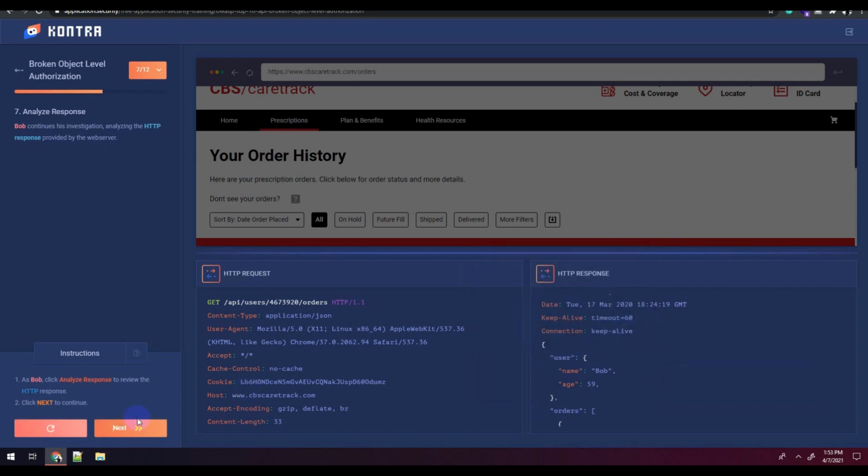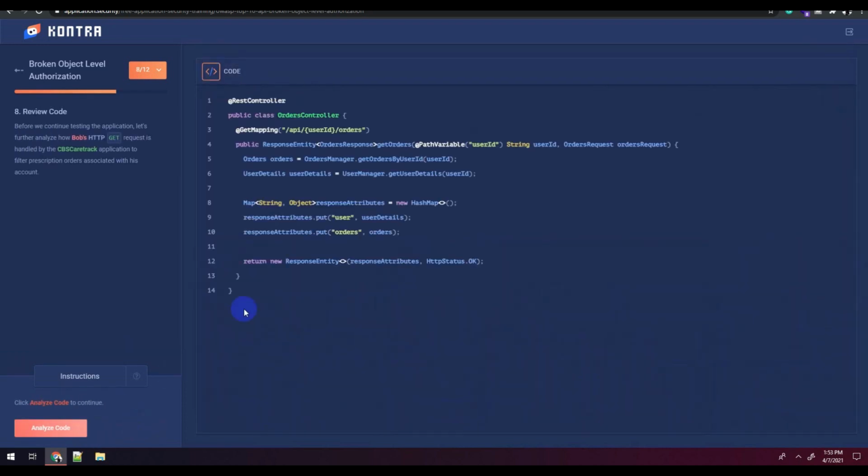Now let's click next. This is what is important about this particular website: it also shows you what could have been the backend code. If you are familiar with any programming language like Java, Python, or even C, C++, you could easily make out that this is a get mapping kind of API call that is happening, and it has something called a response entity.